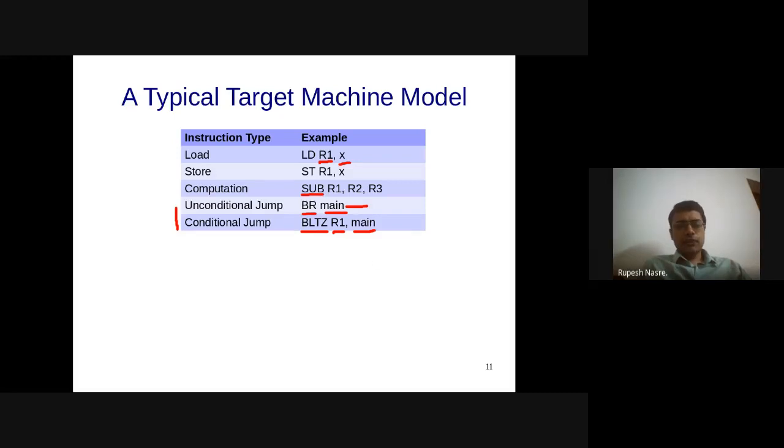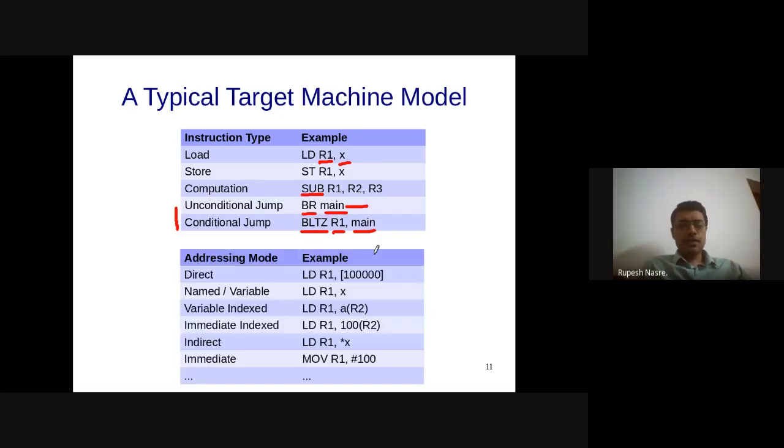Okay, so the other thing that we need to worry about is addressing modes. Within instructions, how you are referring to the operands is going to decide the addressing mode. For example, I can have a direct addressing mode where I say that whatever value is stored inside this fixed constant location, load that value into a register.